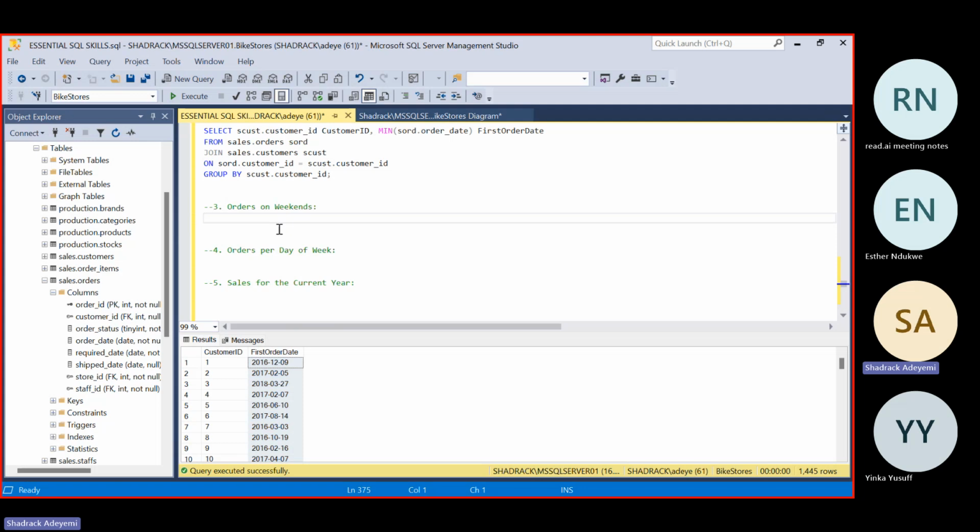So this is straightforward, but please follow me carefully. We want to answer a question. We want to know how many orders were placed on weekends. Maybe for some reason we just want to know orders that were placed on Saturdays and on Sundays. Now to do something like this, we have to call a select statement and say,